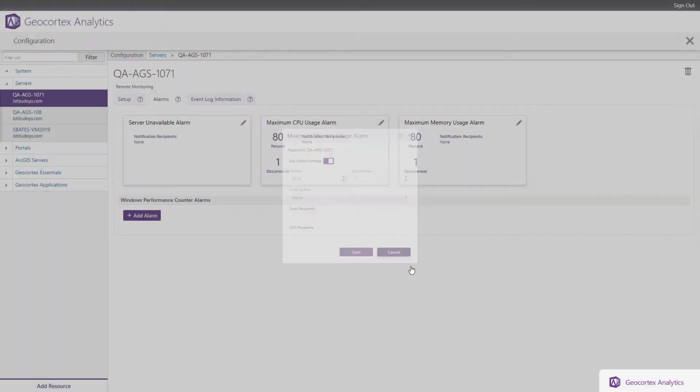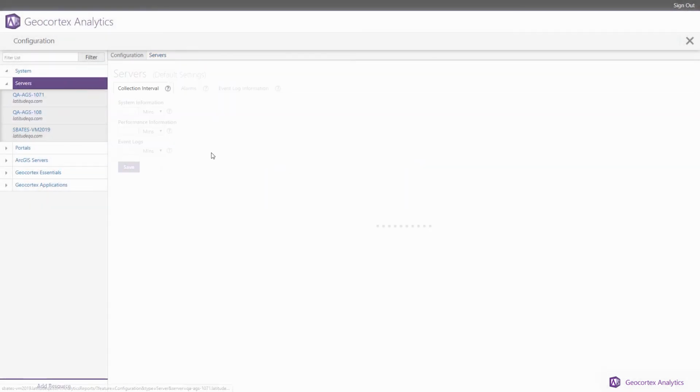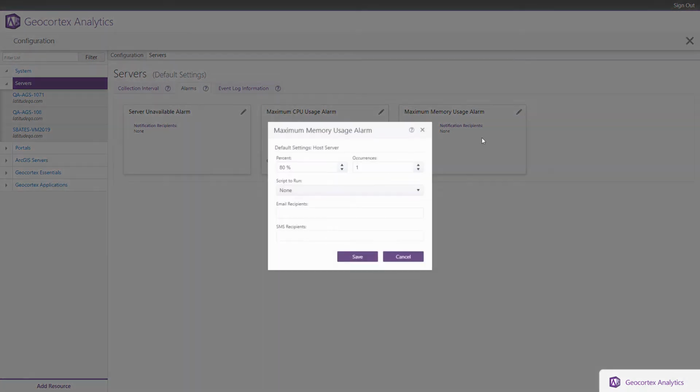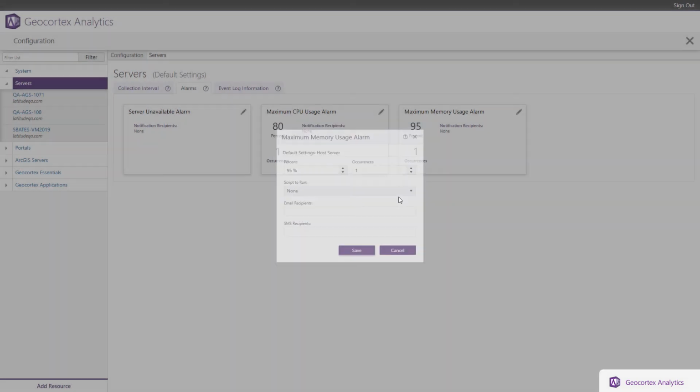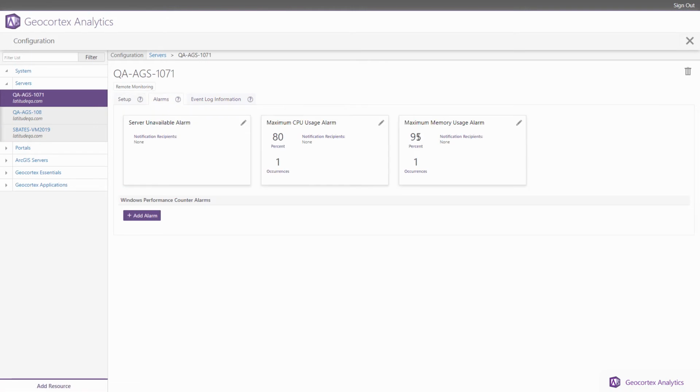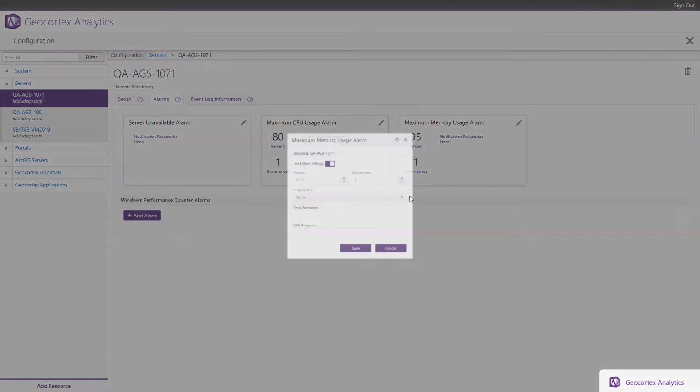So I'm going to cancel out of here. I'm going to go to servers. And this page also has an alarms tab that has the default settings for all of those different alarm types. And I'm going to go to memory usage alarm again. And here I'm going to set it to 95% and hit save. So now if I go back here, you'll notice that it was set to 95% because it is inheriting those